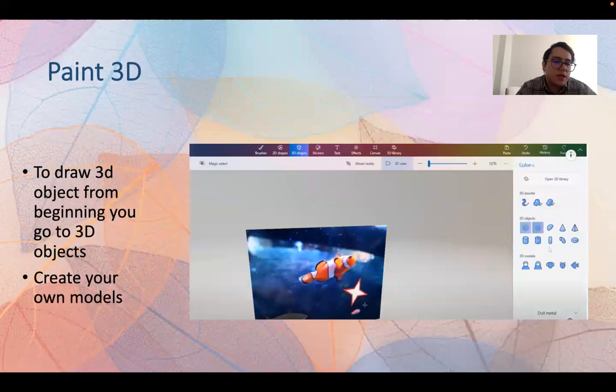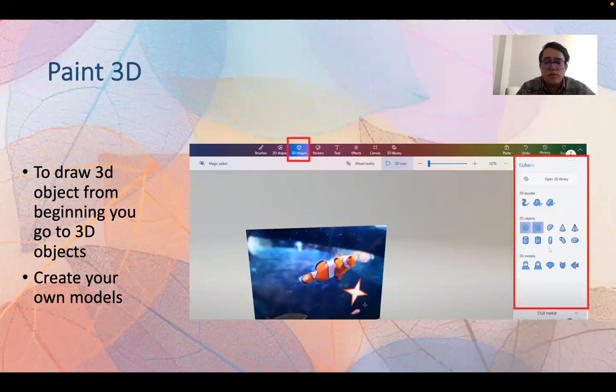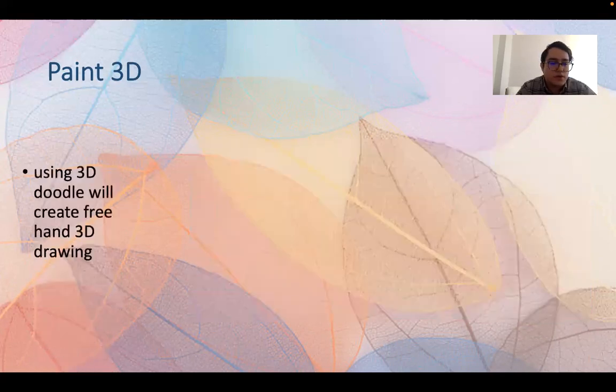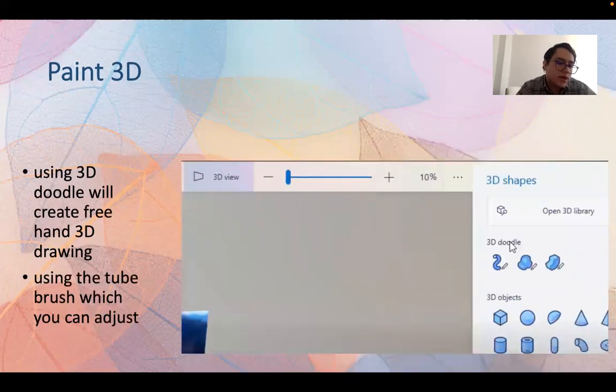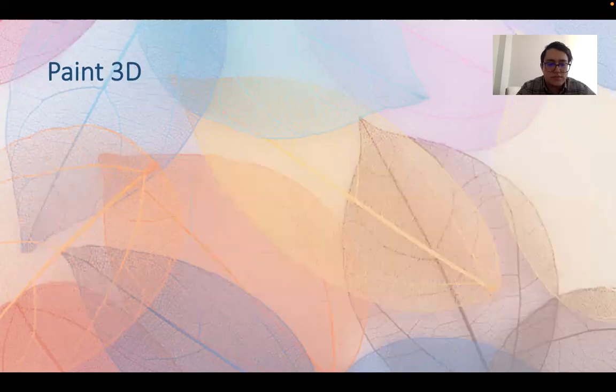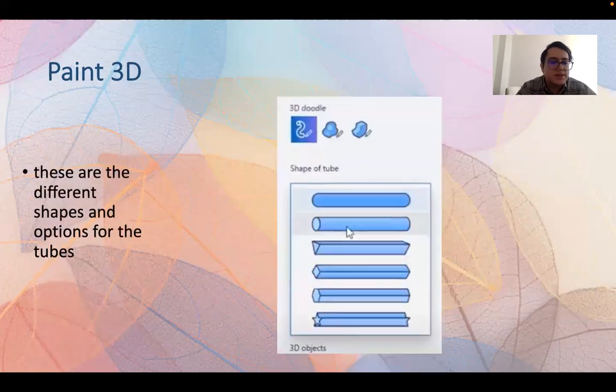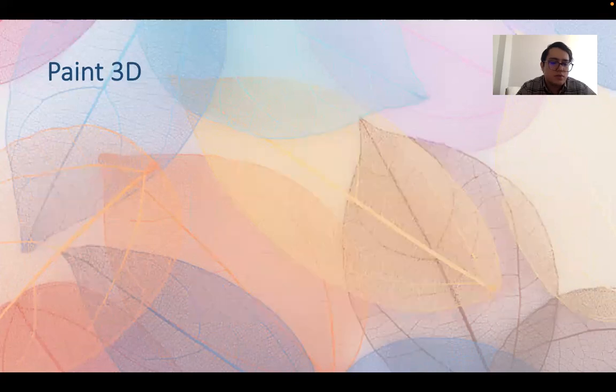To draw a 3D object from the beginning, you can go to the 3D object and create your own models using 3D shapes and the 3D brush. Using 3D Doodle, you can create freehand 3D drawings using the tube brush, which you can adjust. These are the different shapes and options for the tube.